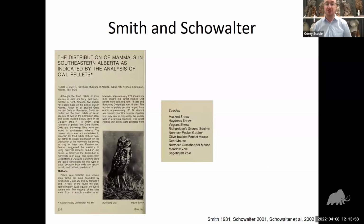I was really interested to find that there is actually a neat connection here from this project back to the Royal Alberta Museum, actually back to the Provincial Museum of Alberta is what it was called at that point in time. Hugh Smith was the curator of vertebrate zoology here at the museum, and then later the curator of mammalogy. And he got a number of pellets. Tim Showalter gave him a number of pellets from burrowing owls and from great horned owls. And he was able to go through and take the bones out and identify the prey